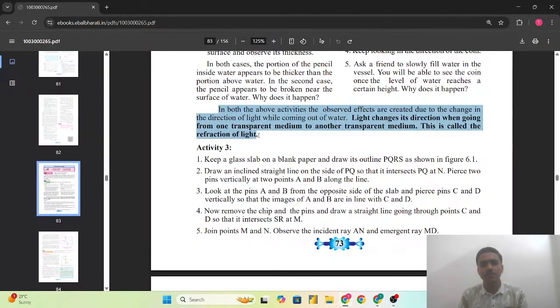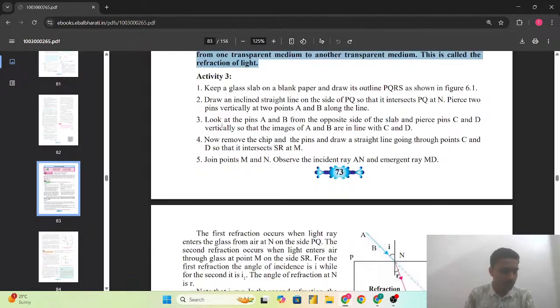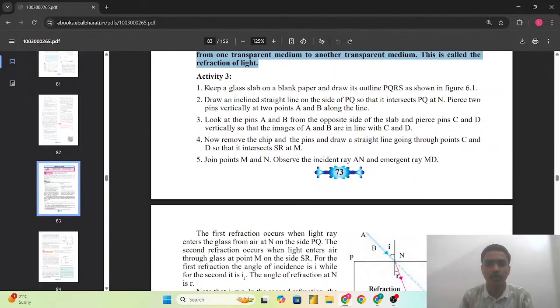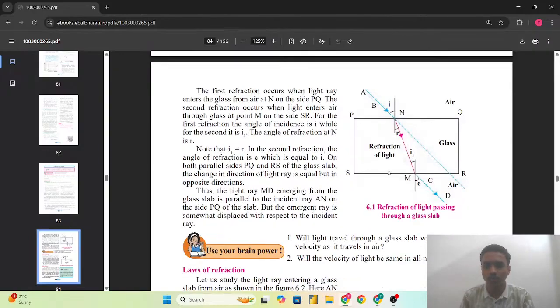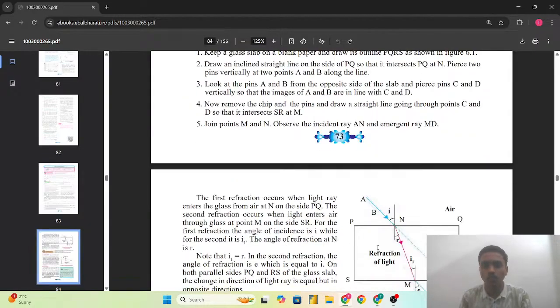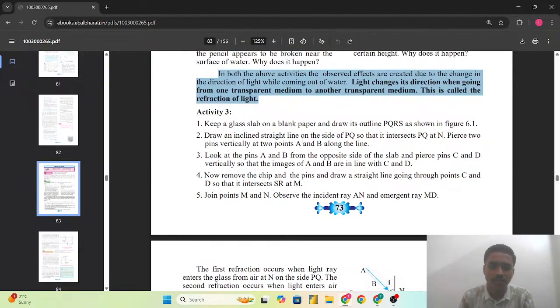So हमने अब तक देख लिया कि in both the activities the observed effects, ये हमने जो रिफ्रैक्शन ऑफ द लाइट का जो प्रिंसिपल था वो हमने स्टडी कर लिया। आगे जो एक्टिविटी 3 है, तो एक्टिविटी 3 में क्या कहा गया है वो हम देखते हैं। Keep a glass slab on the blank paper and draw its outline PQRS as shown in figure 6.1. 6.1 फिगर में जो यहाँ पर हम देख सकते हैं कि एक ब्लैंक पेपर लेना है और आउटलाइन ड्रॉ करनी है PQRS as shown here. Draw an inclined straight line on